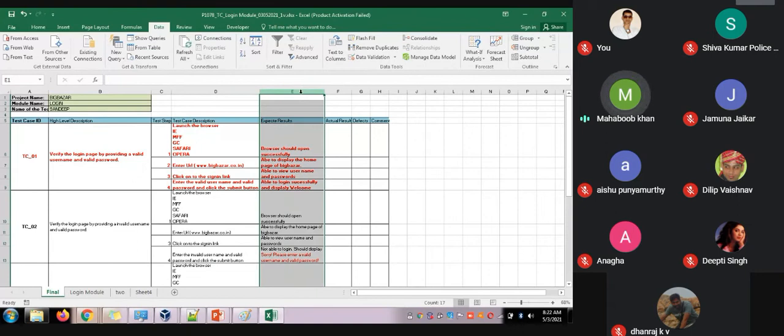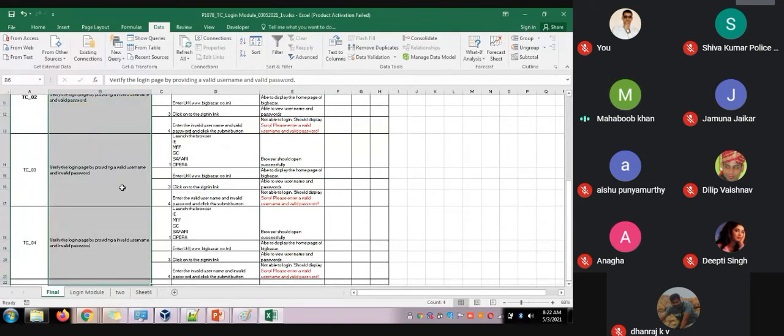From the E column, it will take the expected result. Once you have given these columns and click next, it will take all the different scenarios, and the respective description, actual result, and expected result on the right side.